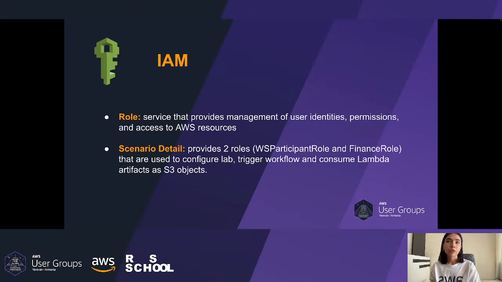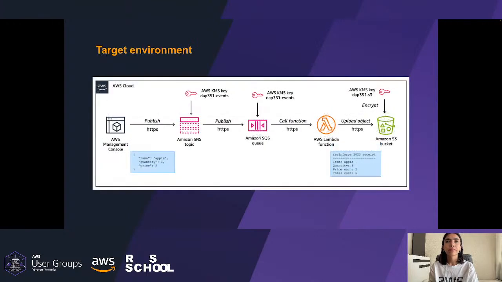And as the front door for every service, we will have IAM in place. It is the Identity and Access Management service provided by AWS. And finally, with this all in place, our target environment will look like this. So we will have data protection at rest, in transit as well, and the network path protection as I mentioned.